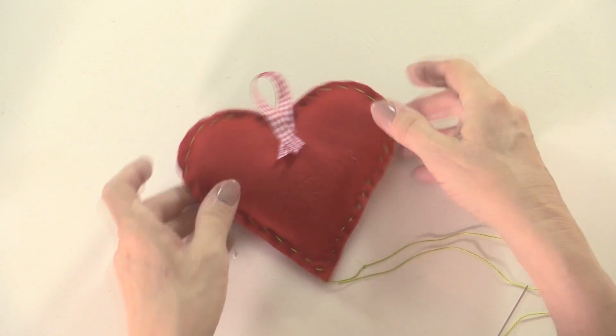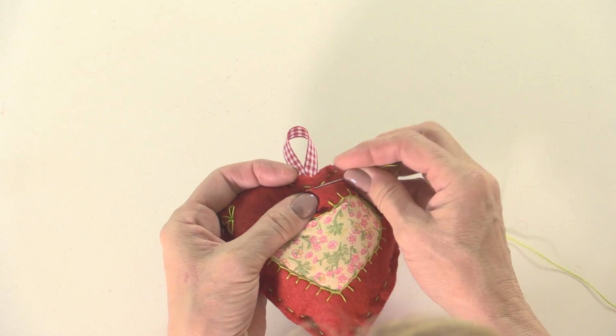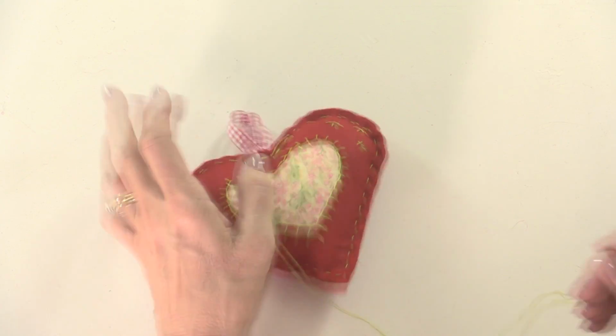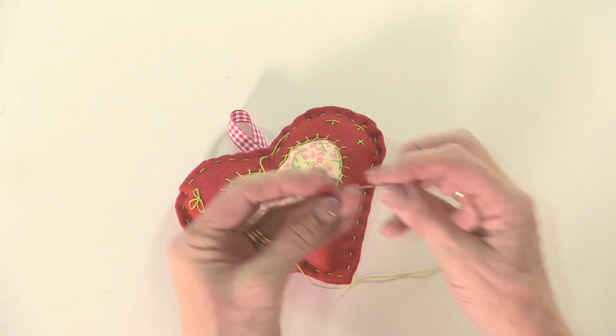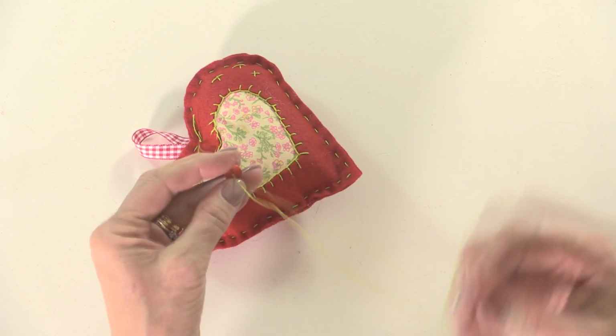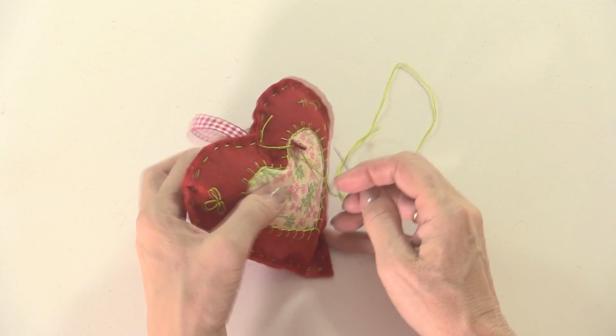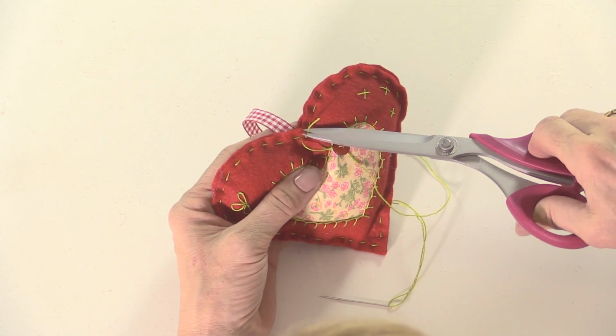And then I put this on the back like this as well because partly it makes the back a little bit more interesting if you do see the back of the heart, but also where the little tails are hanging down, I didn't want that interfering with my embroidery on the front. Then I'm going to catch the front of the centre of the V shape here. Take my button. I'm still using the thick embroidery thread, so one stitch will make this secure. So button goes on here. I'll just trim the tail of my thread back to the knot,